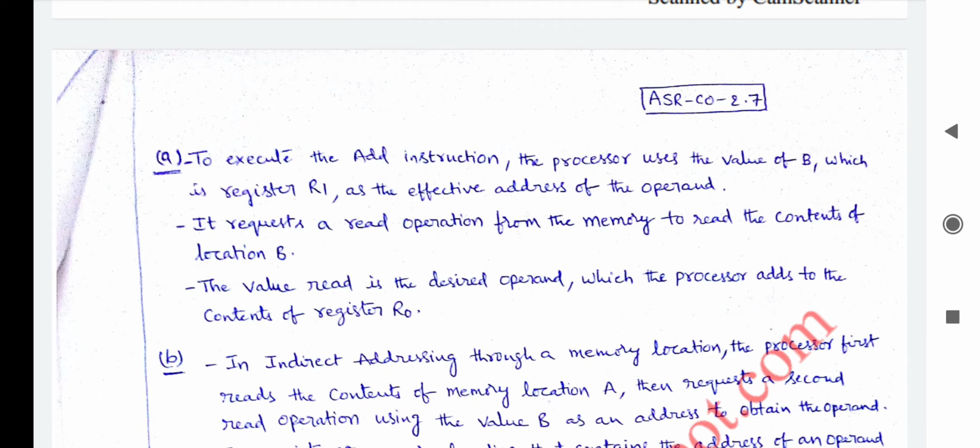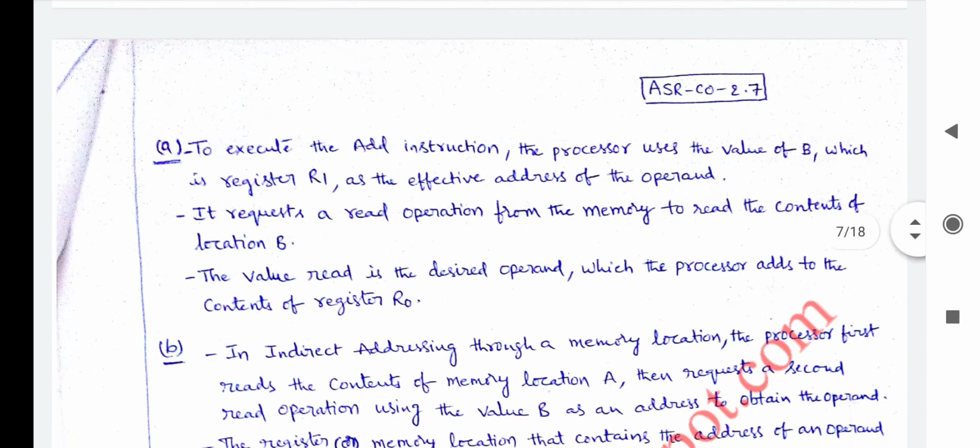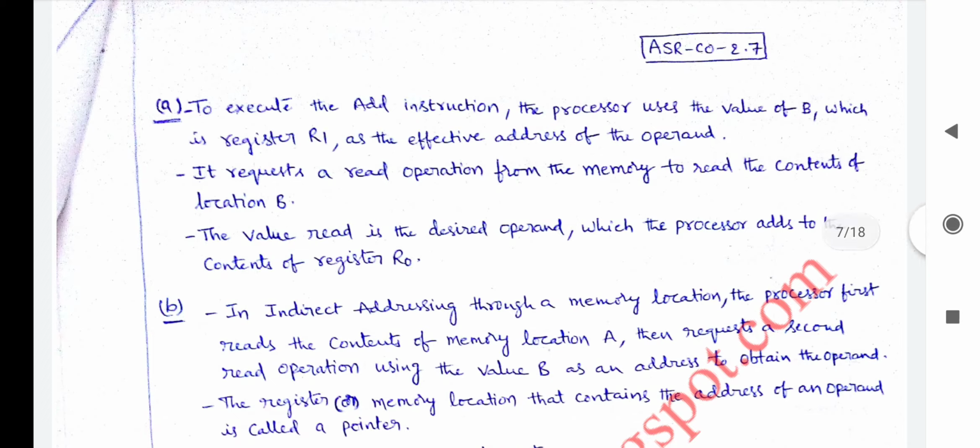It represents a read operation from memory to read the contents of location B. So it automatically reads the contents stored in memory location B. The value read is the desired operand, which the processor adds to the contents of register R0.